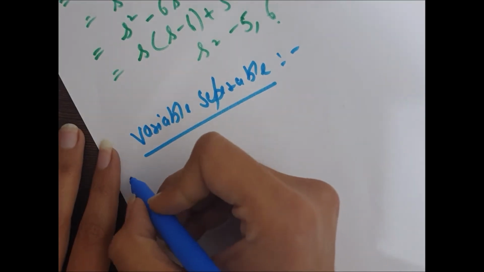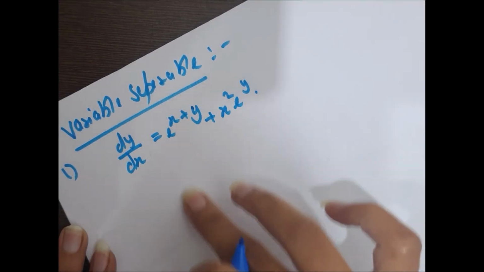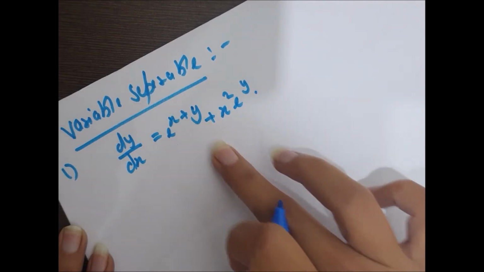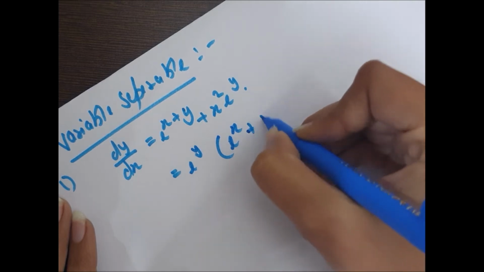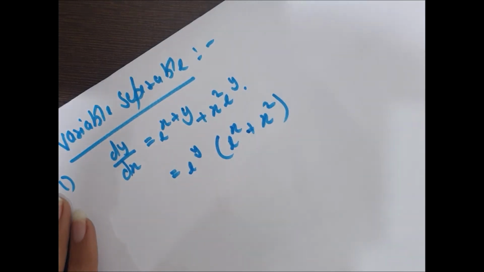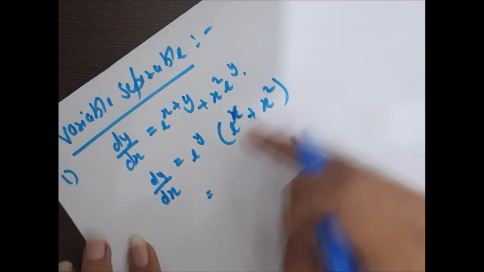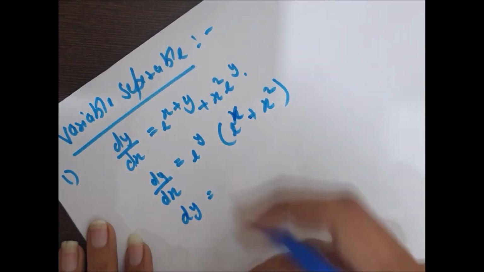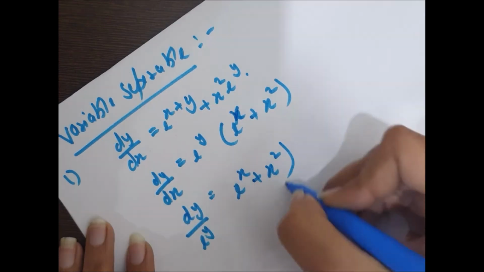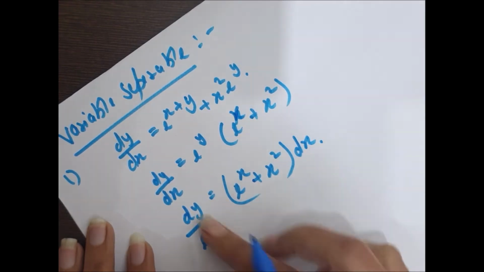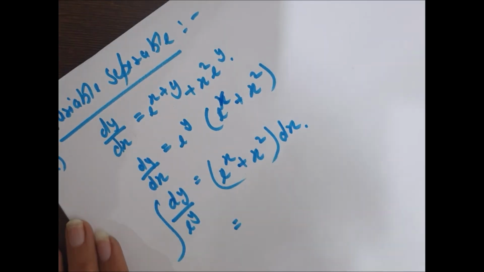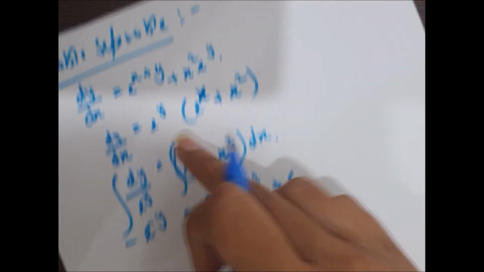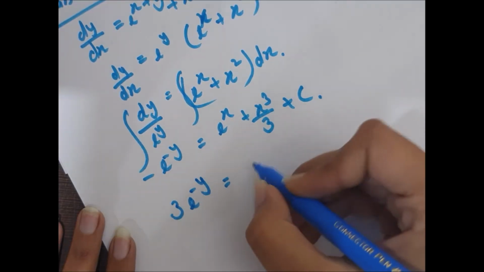So the first example: we have to collect x and its function on one side and y and its function on the other side. Take e^y term common. If you know how to integrate, then solving a differential equation wouldn't be a task for you. Now e^x plus x squared comes to one side and e^y will be taken to the other side. Here y terms come to one side, x terms to the other side. Now we just need to integrate it. Now this is the solution of this differential equation. It comes out to be